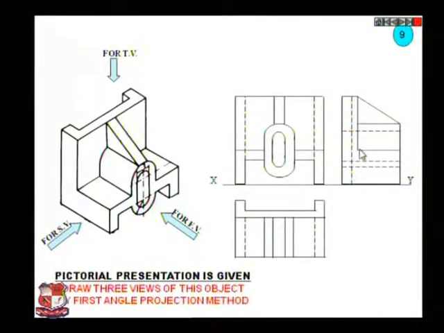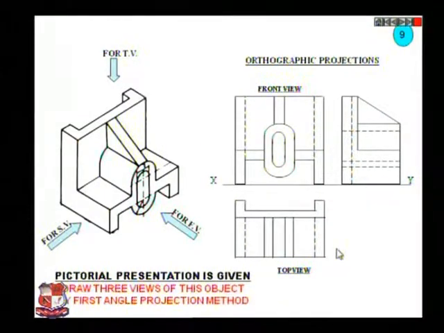And this is the side view of this object. If you look from the side, this L shape, L is visible over here, and this is the inclined strip, which is shown over here. So this is the orthographic projection of this object. This is the front view, this is the top view, and this is the left hand side view of this object.